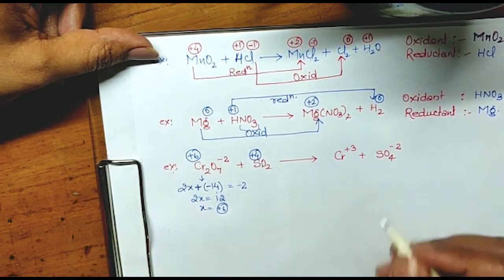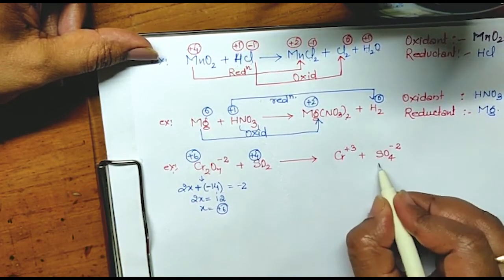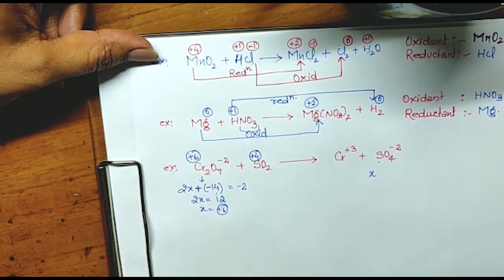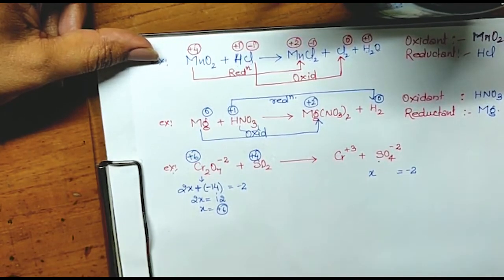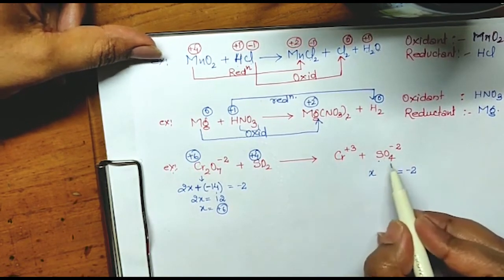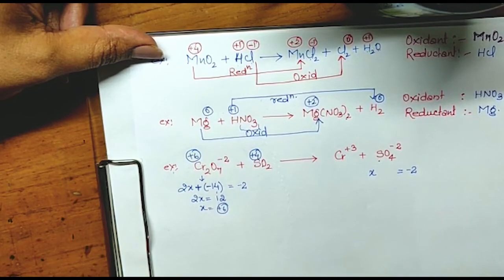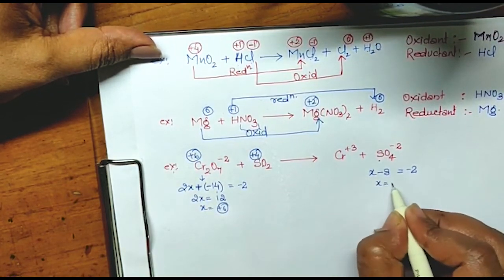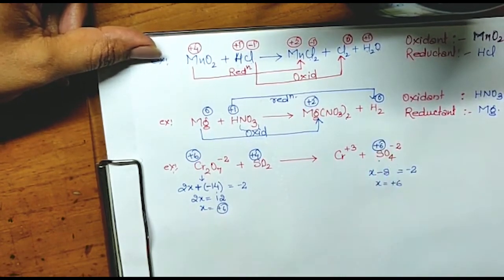So here again you will find the sulfur charge. We don't know what charge is on sulfur. So suppose that sulfur I don't know, so let it be X. Okay, the whole charge will be minus 2. Yes, isn't it? 1 oxygen is having minus 2. So 4 oxygen will have minus 8. So now solve it. What is it? X is equal to plus 6. So write this plus 6 over here, isn't it?